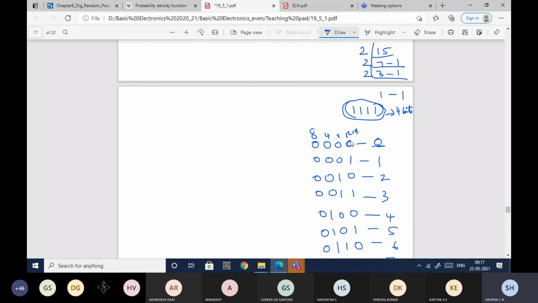Here alternatively 1 0 1 0 1 like that I need to get. So here I have 8 4 2 1. It means, let me consider I need to get 14. You need to put zeros and ones here in such a way that the total sum will be equal to 14. Can somebody tell me where all I have to put 1 and 0? 8421 code. Where all I need to put 1 to get 14? 1110. See, 8 plus 4, wherever I have 1, I'll add all that. 8 plus 4 is 12, 12 plus 2 is 14.